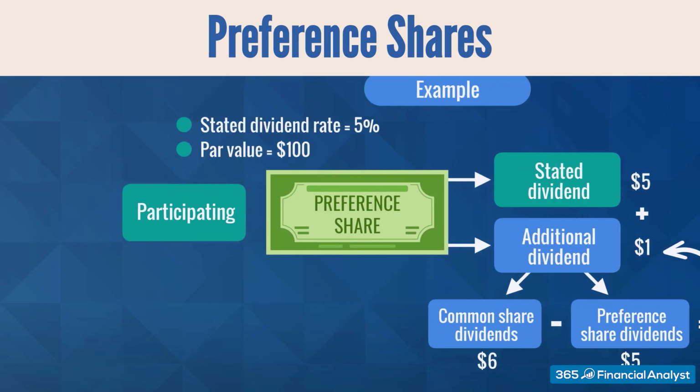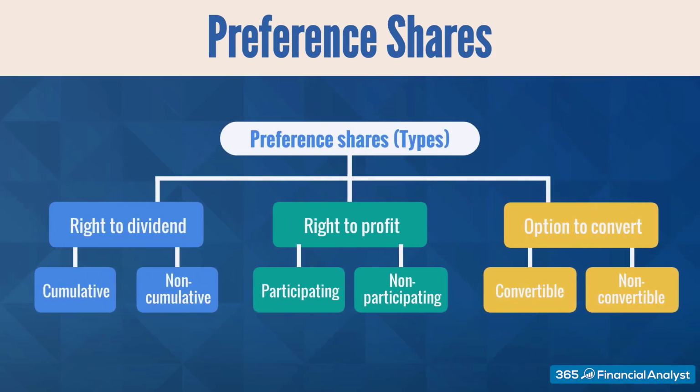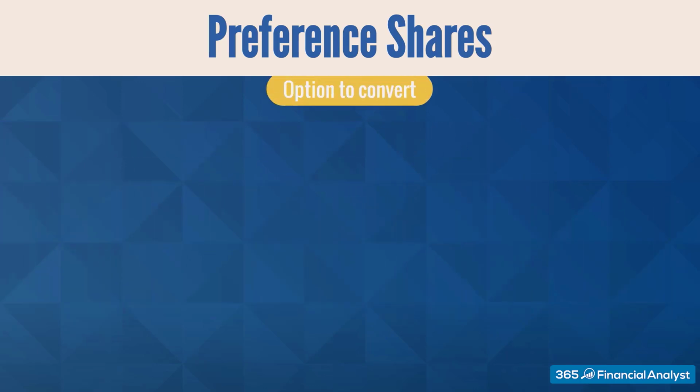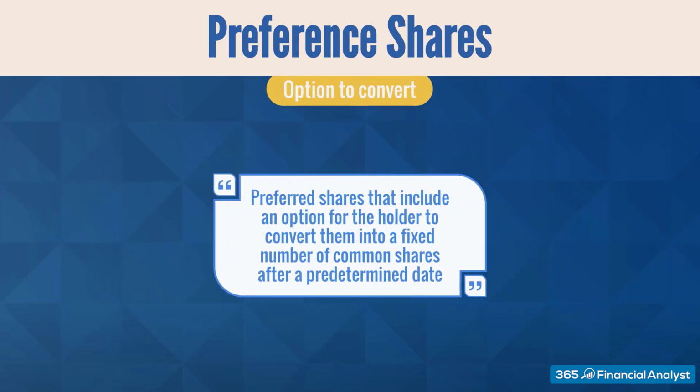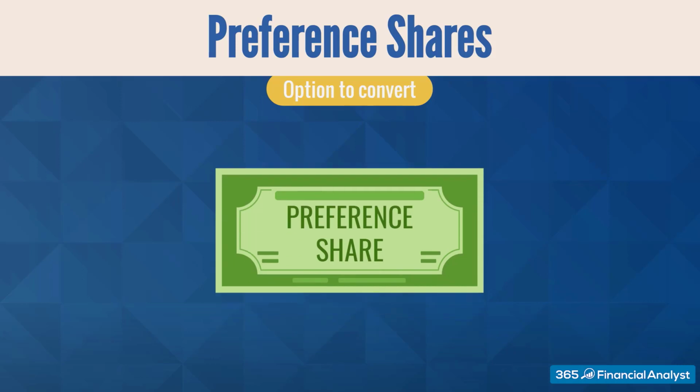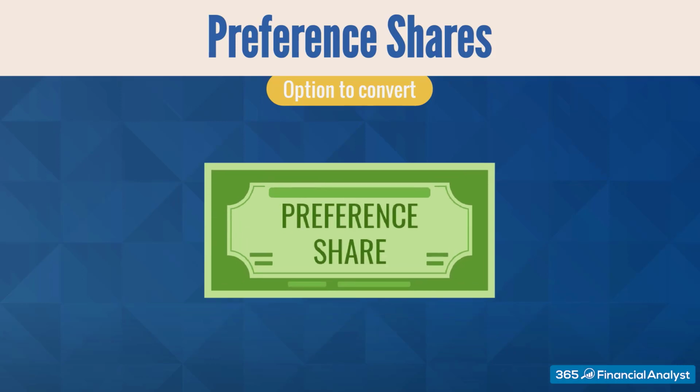Excellent! Before we wrap up, we will outline the last criterion that differentiates preferred shares. It has to do with the option of stock convertibility. Thus, we distinguish between convertible and non-convertible options. The former can be converted into common stock at a fixed conversion ratio, determined at issuance. For instance, at a fixed conversion ratio of 6, you can trade in 1 preferred share for 6 common shares